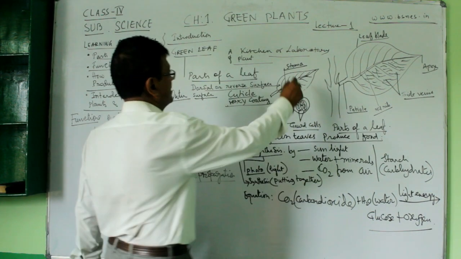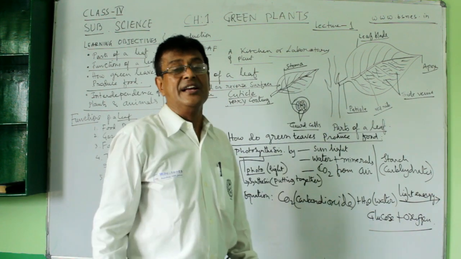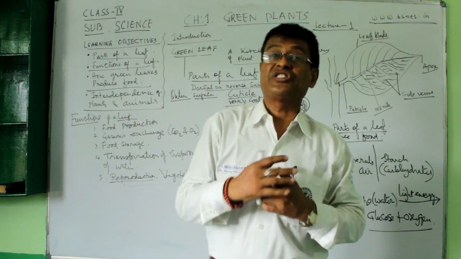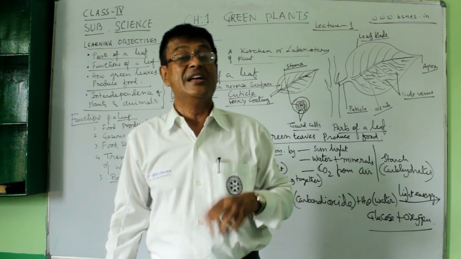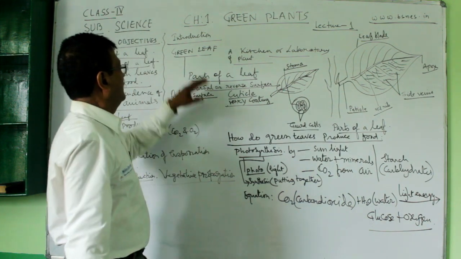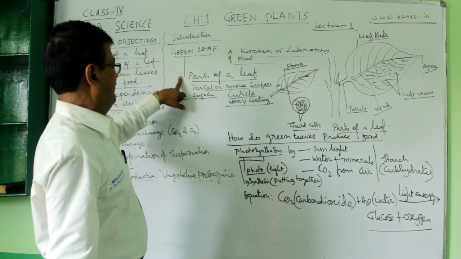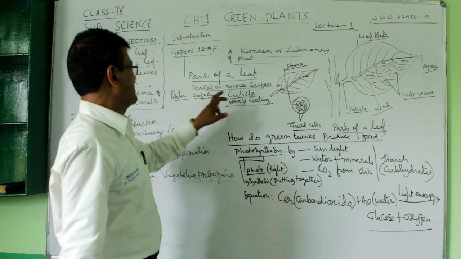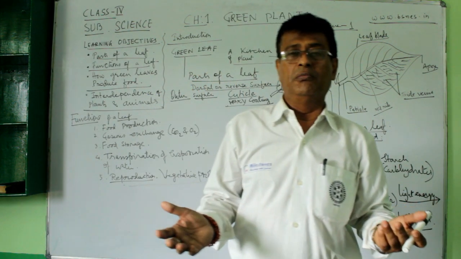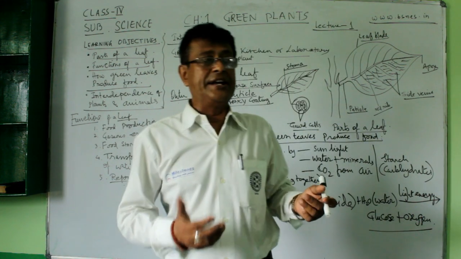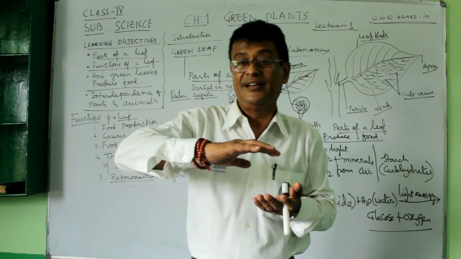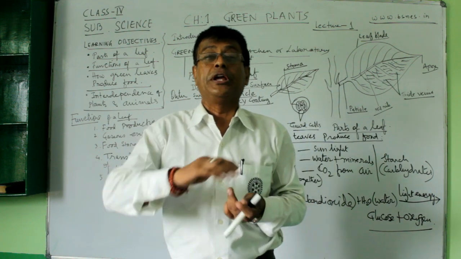And then also it is a laboratory because this kitchen has a lot of chemical reactions going on, and that is why it is known as the laboratory of the plant. Well, you see the green plant parts of a leaf. First one is the dorsal or the reverse surface of the leaf. At your home, you find a leaf and you see one surface is very plain, smooth and waxy. This is due to the cuticle.